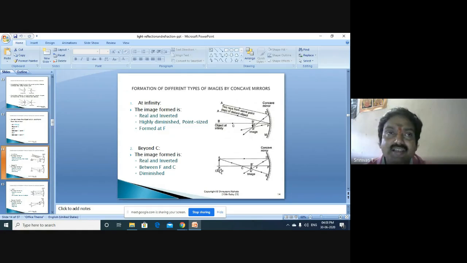Like one is the tip and the other one is the toe, otherwise the beginning and the ending of the object. So whenever you have to get an image, whenever you want to conclude something on the image, you need to just take two, three different lines. That is, light rays. One is actually from the top. From the top, you have to assume at least two rays. One is parallel to the principal axis and one is passing through the center of curvature. So exactly through the center of curvature.